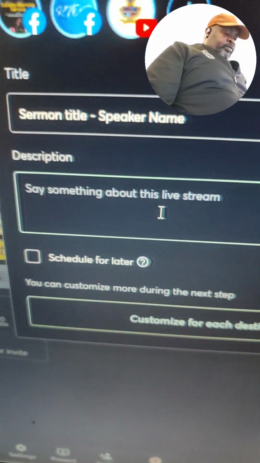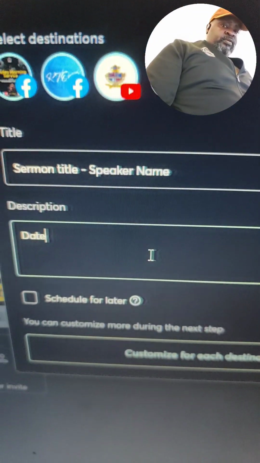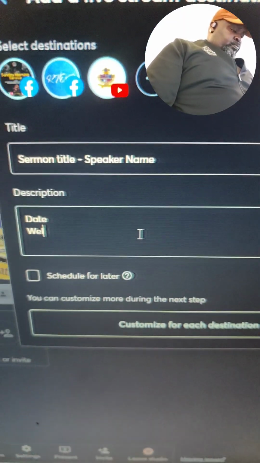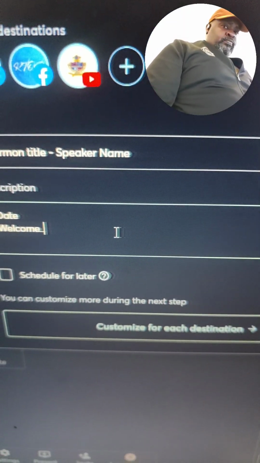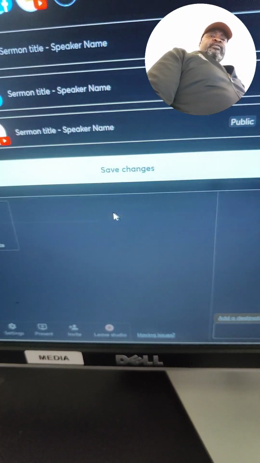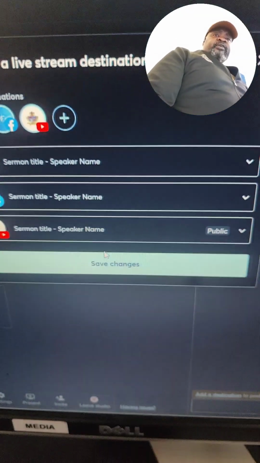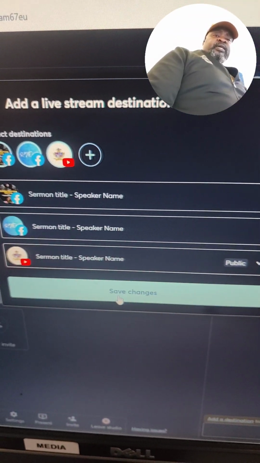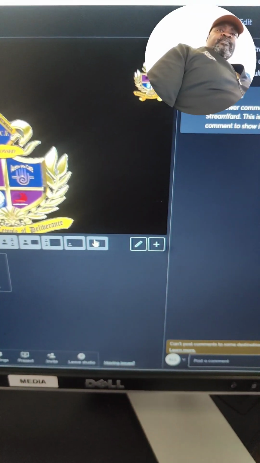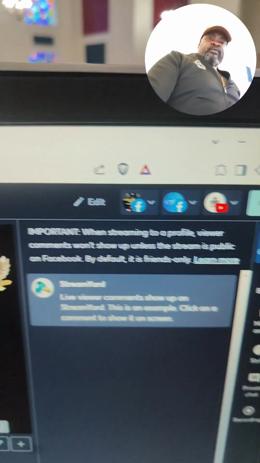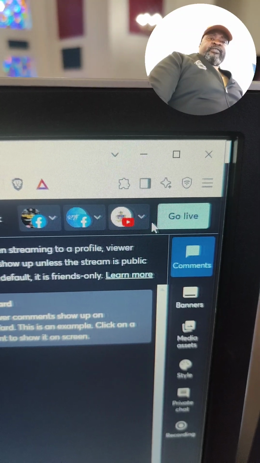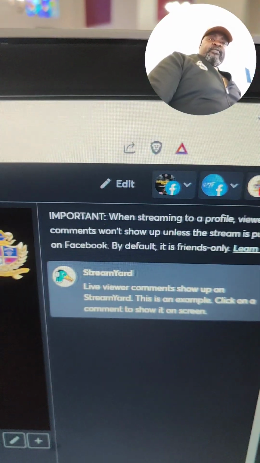And then in the description, you want to put the date. After that, you hit customize. Make sure it's public, and hit save changes. So now that's ready. Up here, your destinations are ready. When you go live,